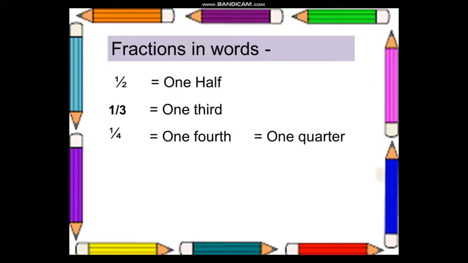In case of 1/2, we do not use the ordinal number of 2, but in the rest of the fractions we generally use the ordinal number of the lower part. Let us take one example. This is 5 equal parts of a whole, but how to read it? The upper part is 1 and the lower part is 5, and its ordinal number is 5th, so it will be read as 1 fifth. Here the upper part is 2 and the lower part is 3, so it will be read with 3rd. So the number name for 2 by 3 will become 2 thirds.